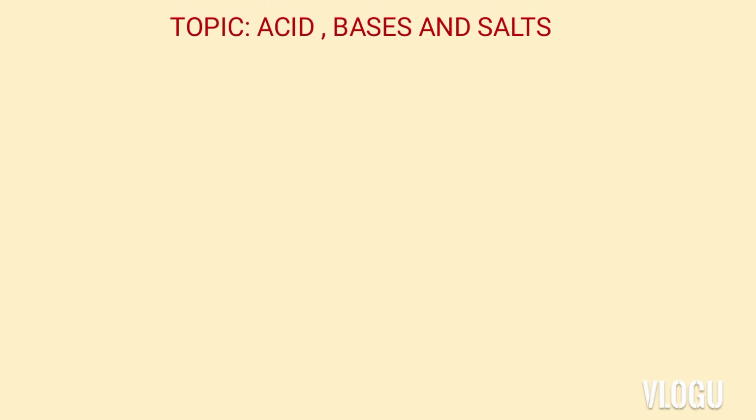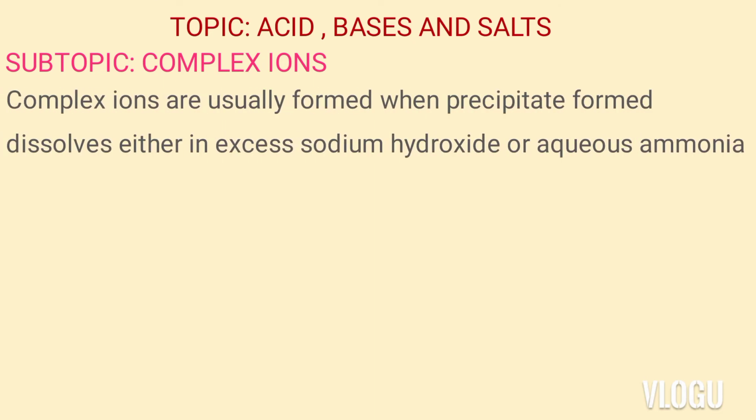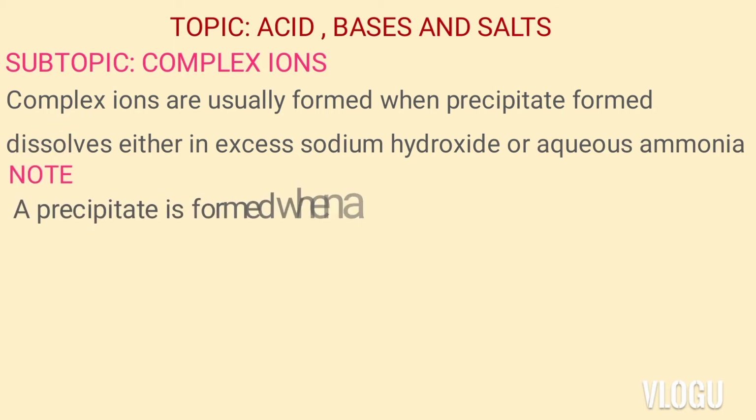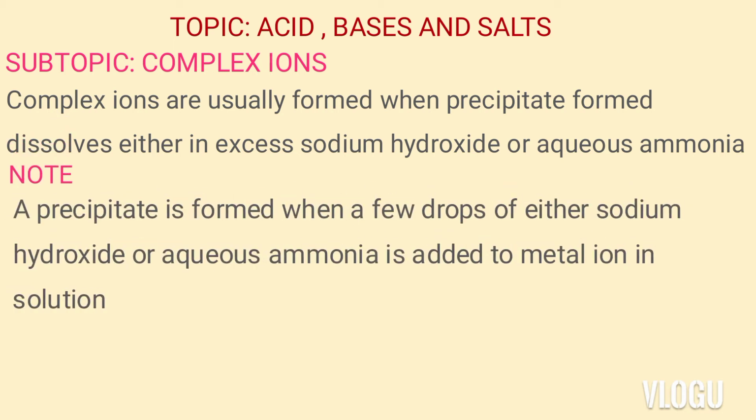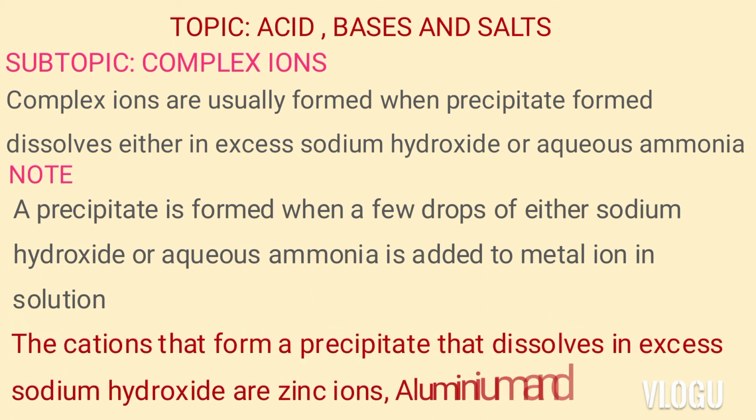Our lesson today, we look at the topic of acids, bases, and salts, subtopic complex ions. Now, complex ions are usually formed when a precipitate formed dissolves in either excess sodium hydroxide or aqueous ammonia. Note that a precipitate is formed when a few drops of sodium hydroxide or aqueous ammonia is added to metal ions in solution. Now, the cations that form a precipitate that dissolves in excess sodium hydroxide are zinc ions, aluminium